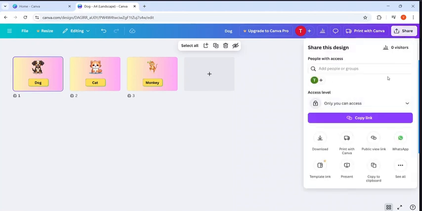Now like this I'm creating one more, and I'm going to use monkey, not money, it's monkey I just want to use, and I will use the image of a monkey. So let me use this. I'm going to delete this one, and